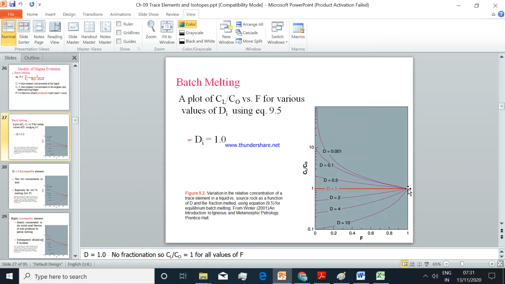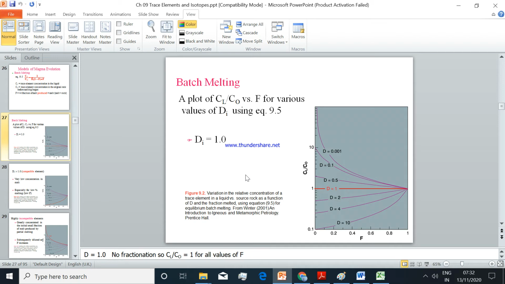That is the final stage of melting, when the fraction of the melt is summing up the amount of the fraction from the rock. Then the value of Cl by C0, that is the concentration of that element in the original rock and the concentration of the element in the liquid, will be 1, or unity. And if D, the partition coefficient, is 1, then in any fraction of melt, D will remain 1, because